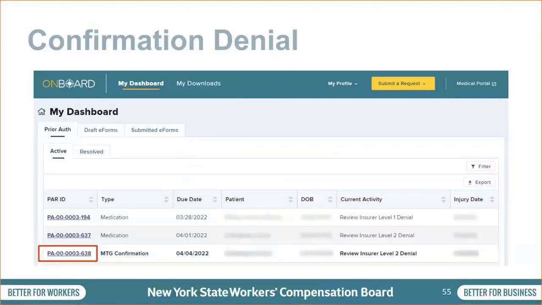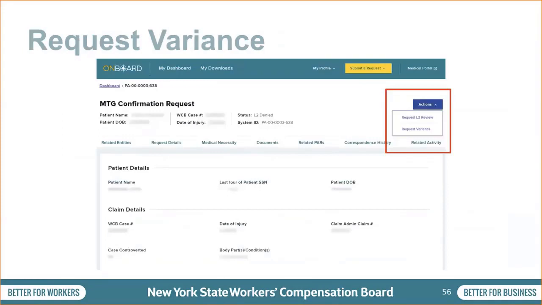In your dashboard, when the MTG confirmation has been denied, the font will change to bold. To convert the denied MTG confirmation to an MTG variance, select the PAR ID link. Select the Actions button on the top right of the PAR Details page and select Request Variance.